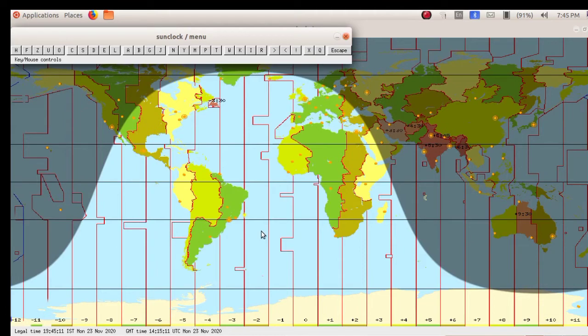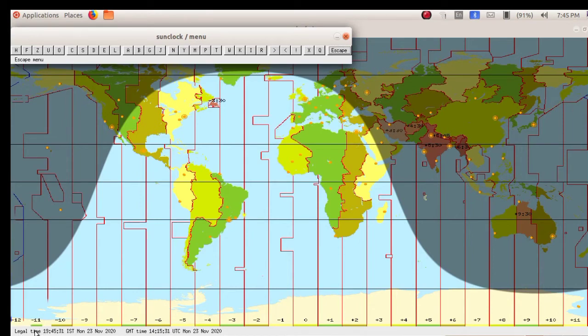Now we want to adjust the time in sun clock to 21st March. Dear children, you have to keep one thing in mind. When we are opening the sun clock software, we can see legal time.